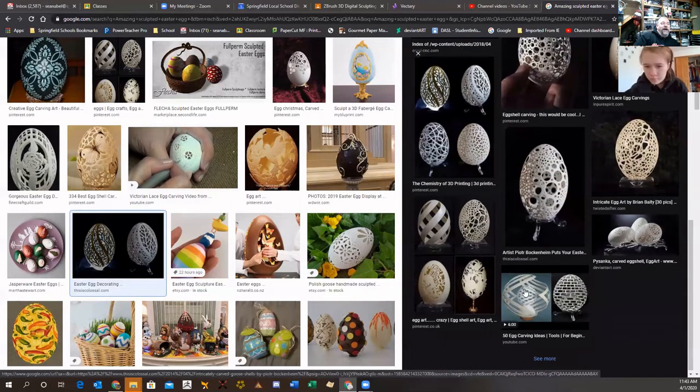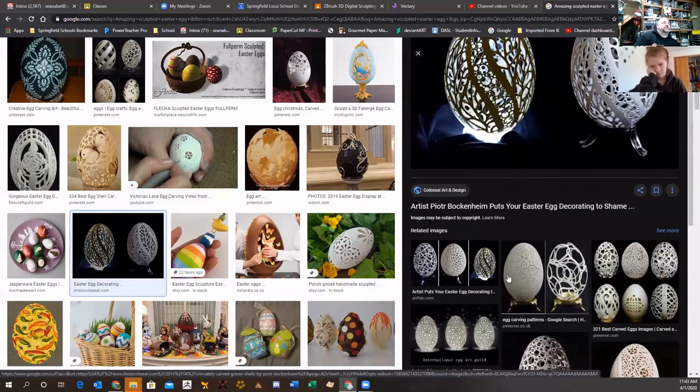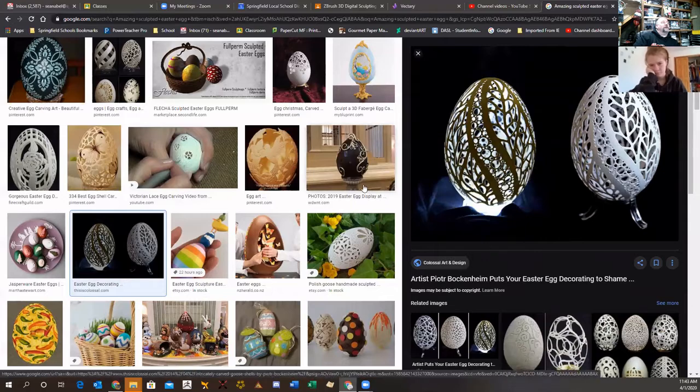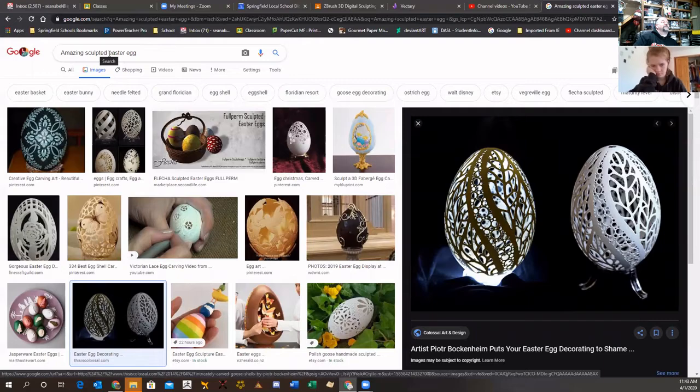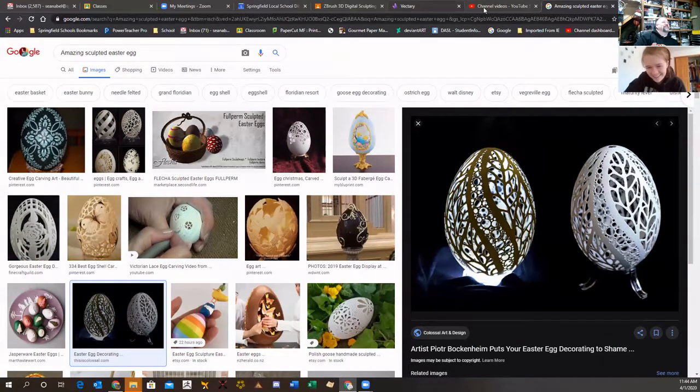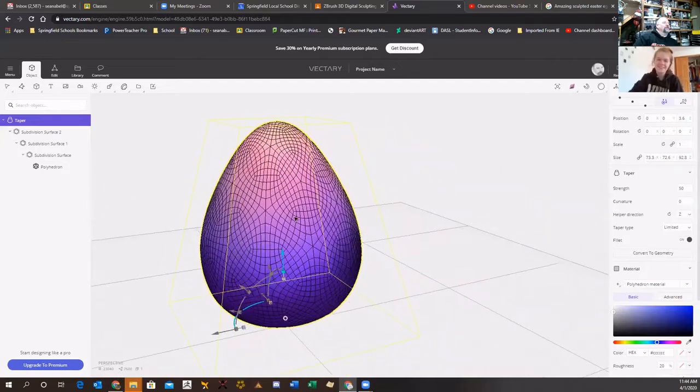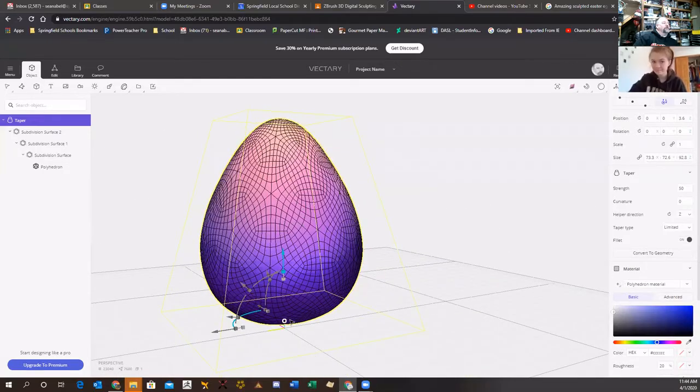I might come up with a pattern first, maybe do a couple sketches. I think I want my Easter egg to do this. I probably should put in there, do a search for amazing sculpted Easter eggs. And then we should be cool. So inside of here, I mean,